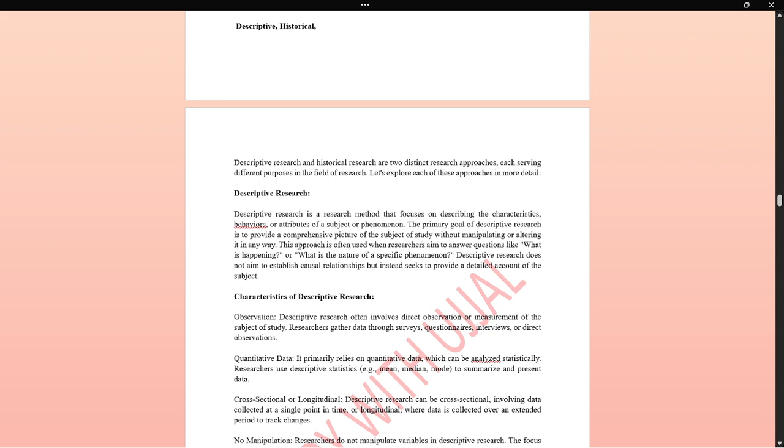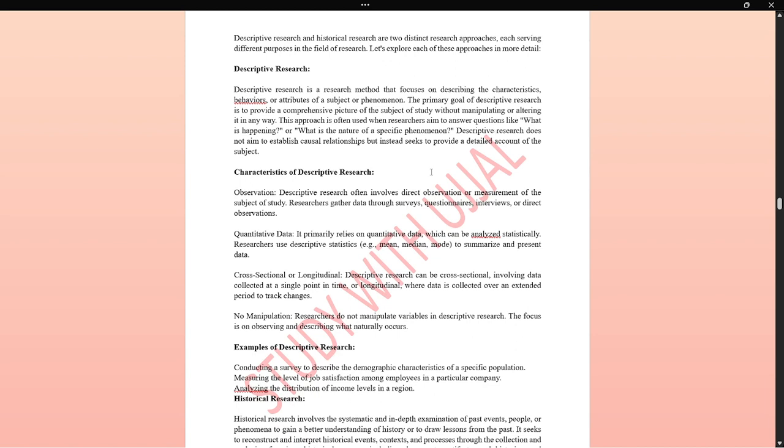Suppose you want to study the status of women in the education field. This is descriptive research. If you want to do an evaluative study, you collect quantitative and qualitative information, like interviews. This is also descriptive research.